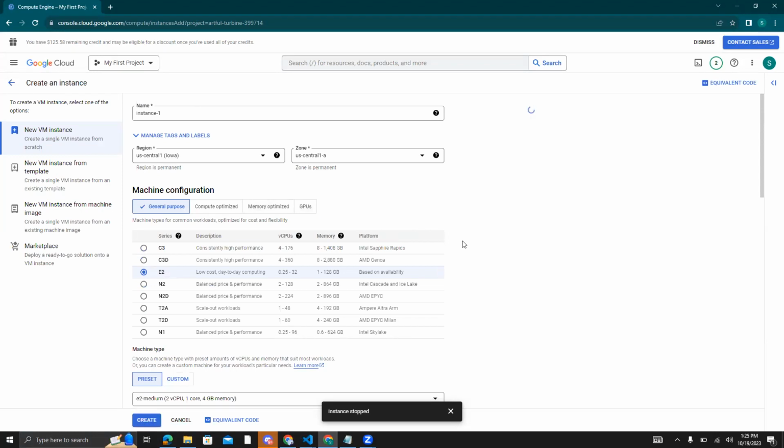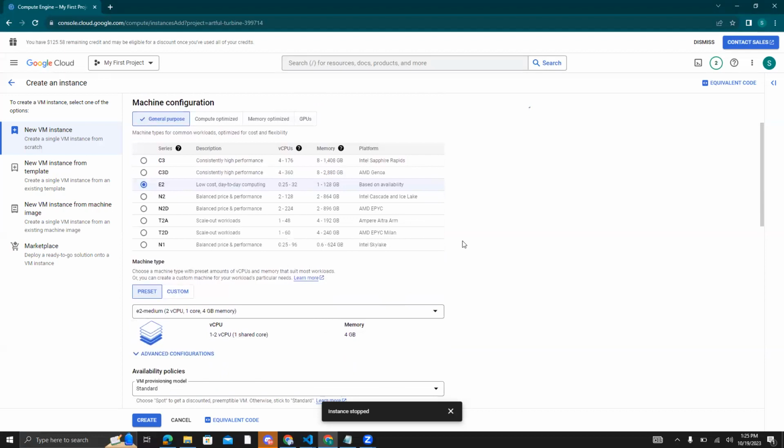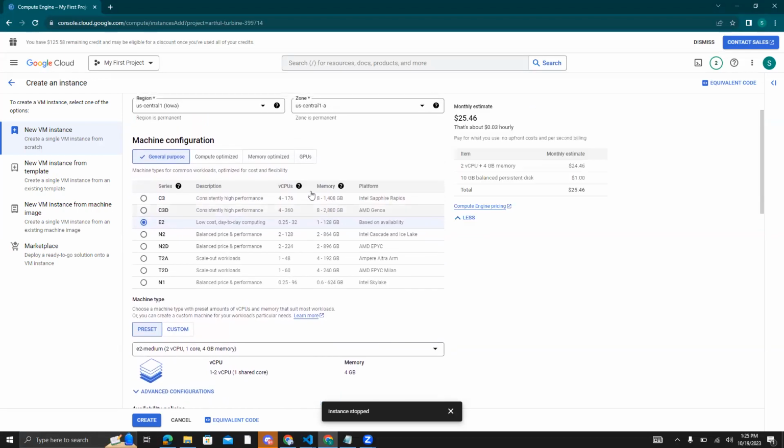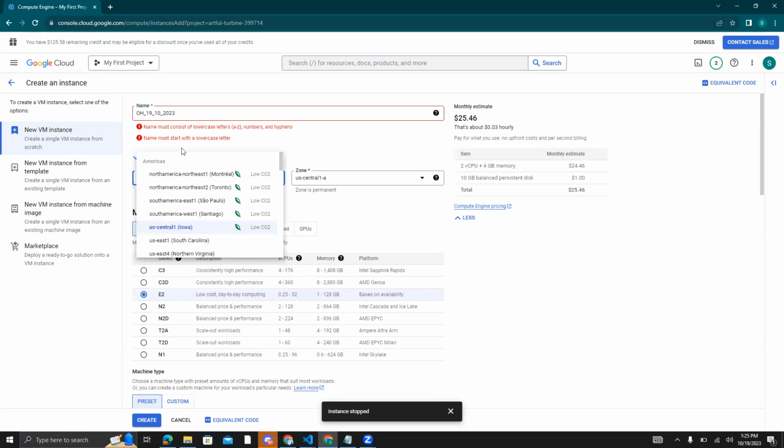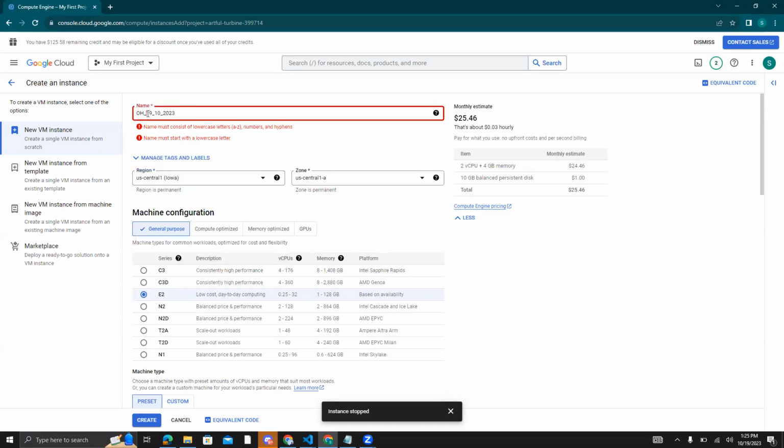From here, you have to choose the instance which has the GPU. You can select the region, and based on the region you select, you might end up not finding the available instances. So you need to go through different regions to see if you can find one. If you don't find one, keep looking until you find the instance you can go with. Then name this instance like HOD 19 10 2023. Let me just keep this region. You can see the name for the instance must use hyphens or underscores,